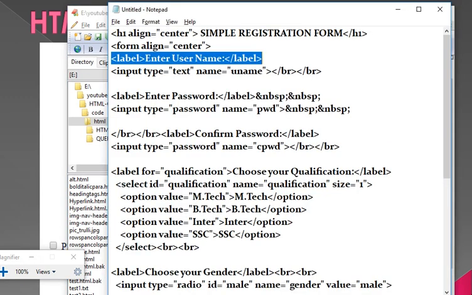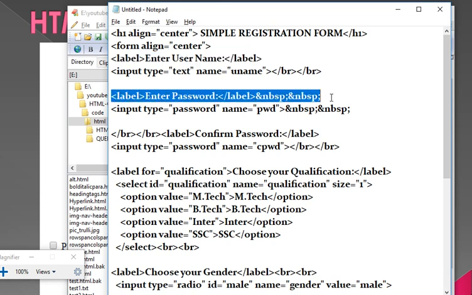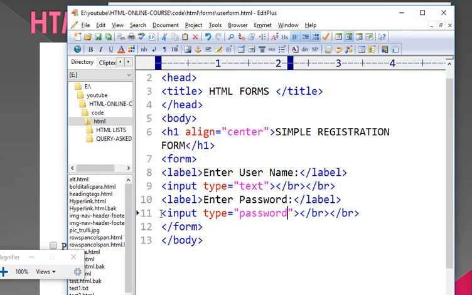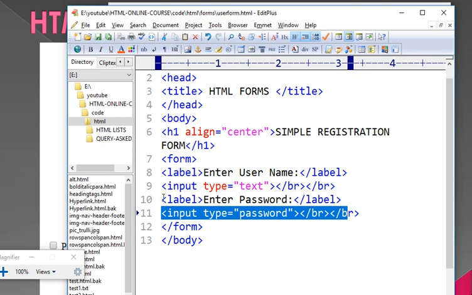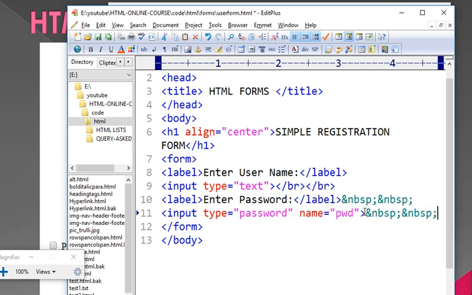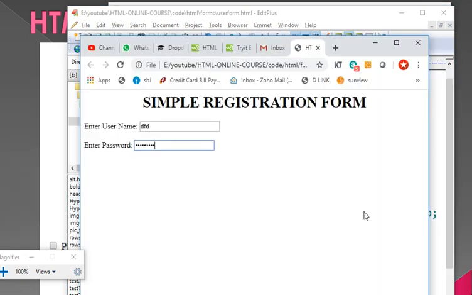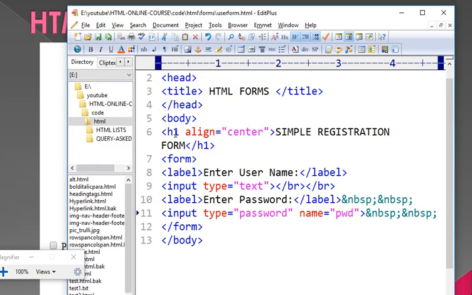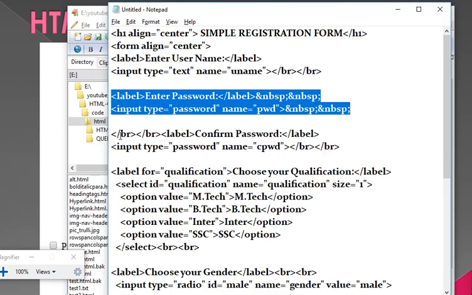There is no time, so I will straight away paste it. I copy it and paste it already. I have explained it. Right? So please paste it. And after password, I need to design confirm password. So straight away the same thing. I need to use one label, confirm password, and after that one text box which needs to accept the password. So I will copy it